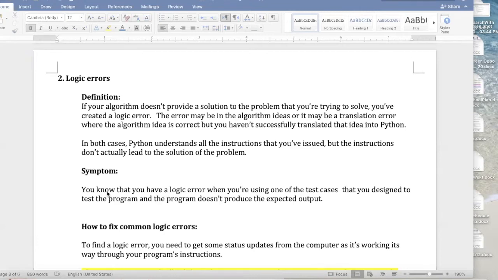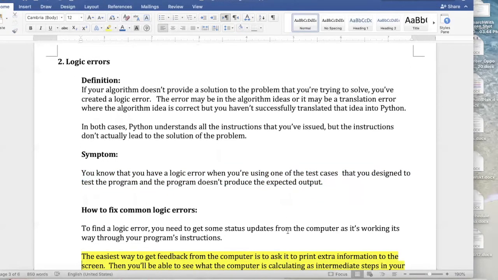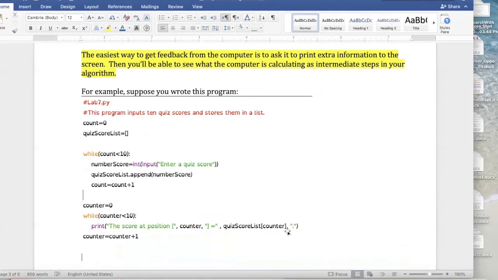So you know that you have this type of error when you run your program using one of the test cases that you've created. Remember, when you're creating a program, you always design test cases that you're going to use, that sample input and then the expected output for those particular input values. And so you run it with one of those test cases and you just don't get the output that you were thinking that you should get. So we're going to talk about some strategies that you can use to find logic errors in your